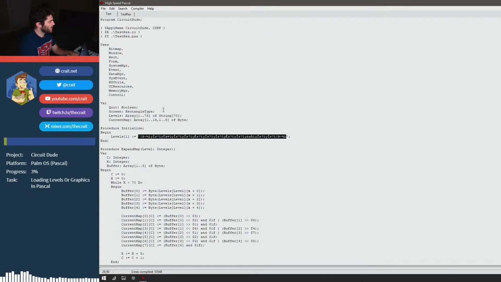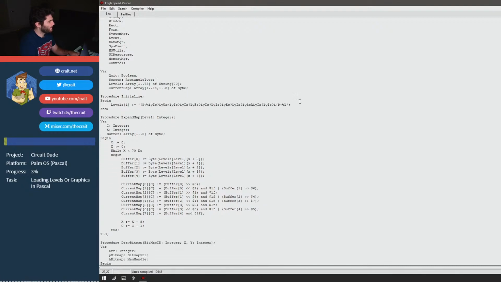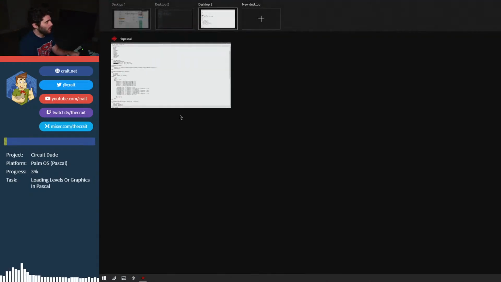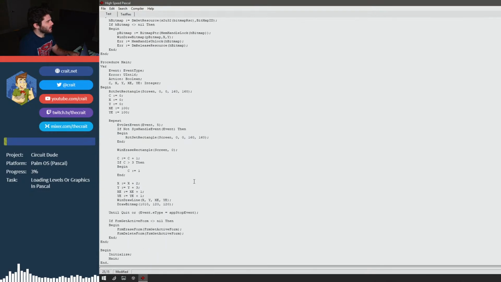Let's do it in initialize actually. Expand map, and we'll call it at level 1. So it'll take this data with levels 1 and put it into current map. And then what we should do is iterate through current map in some way or another. And